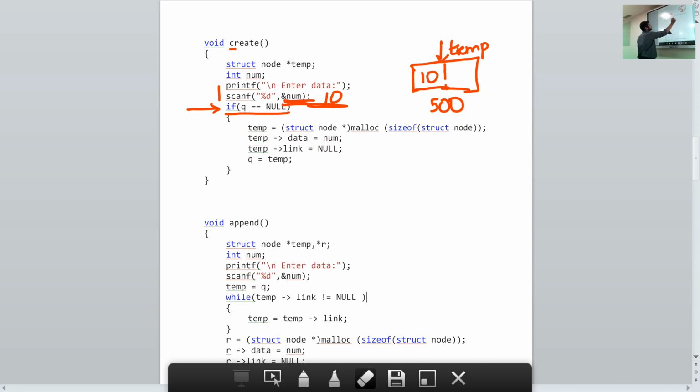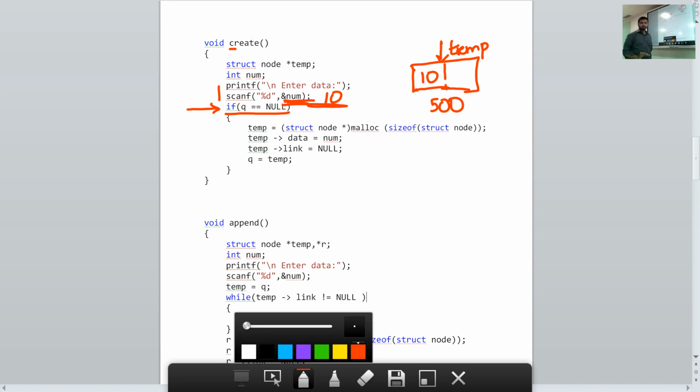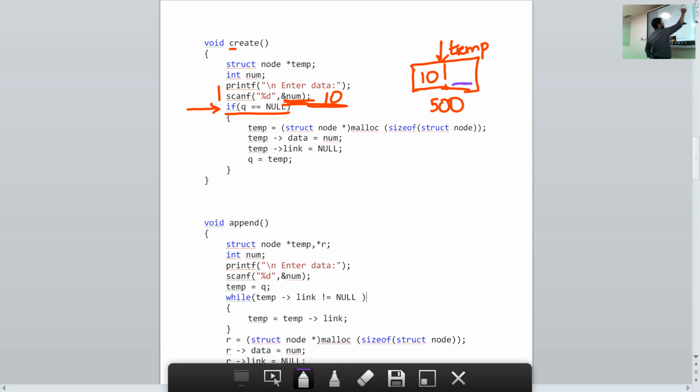Now, since this is our first node and also the last node in our single linked list, remember that the last node in a single linked list has a link part containing what value? It contains null. So we want the null value to be stored here. How do we do that through programming?